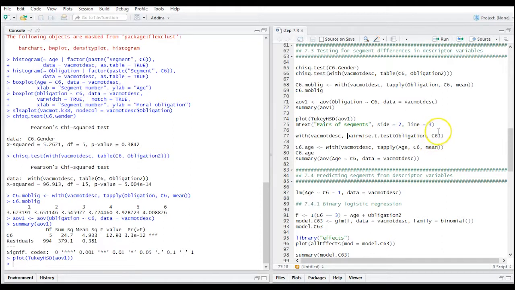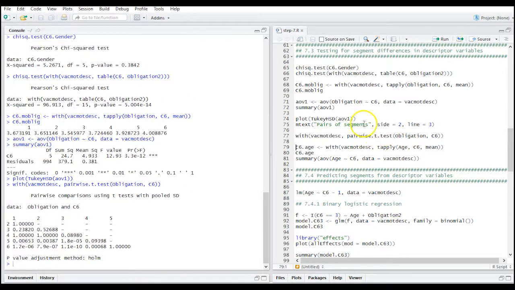So this is the categorical variable which can take two or more levels, and then we are looking at all pairwise differences. And let's look at the result. The result just tells us which test we were running, what data we were using, and then we have here the matrix of p-values for the pairwise test. So this is the test: is the mean value in segment 1 and segment 2 the same,